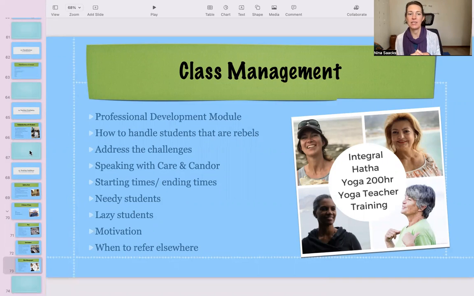They're often needy students. Sometimes they also stay after class and have 1,000,001 questions to ask, and you really need to learn to honor the space and the time, and they need to learn to respect that as well. So if there are needy students in that class who ask a lot of questions, you can always orient the class towards, in this class, we're really going to do introspective. We're going to ask ourselves the questions, because you often get students like, am I doing this right? Am I doing this right? Is something wrong? Where should I be feeling it? And the practice of yoga is self-exploration, and that is really what you do want your students to start learning